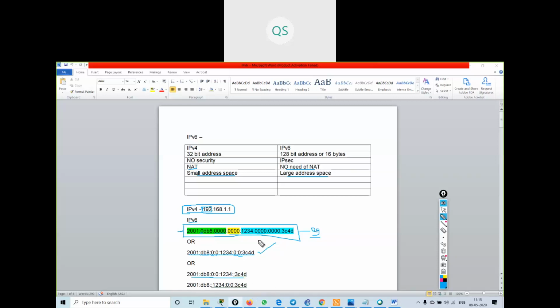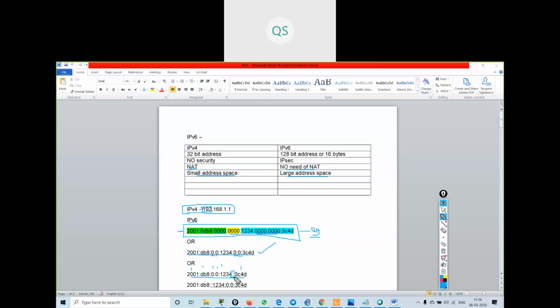Whenever I have continuous quartets of zeros, I can just write two colons, and it will automatically work out how many quartets are zeros. Here 6 quartets are live, so the two colons represent two quartets of zeros.